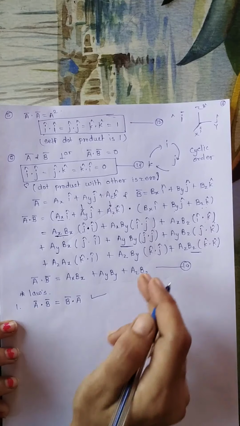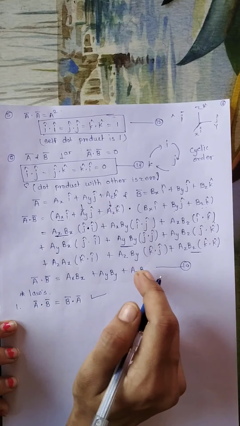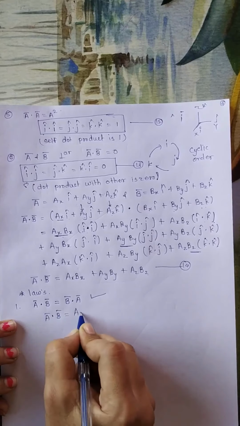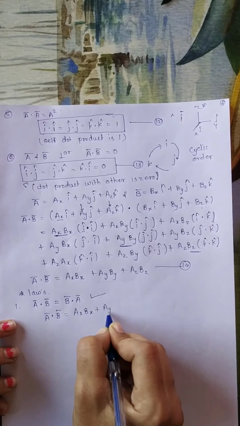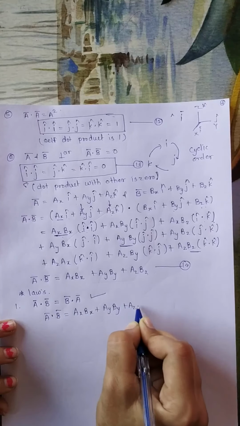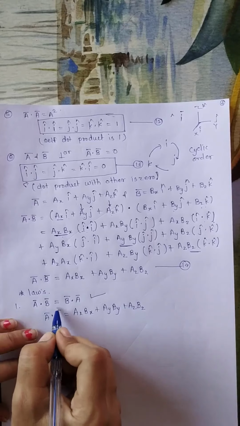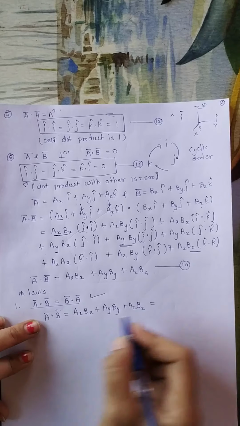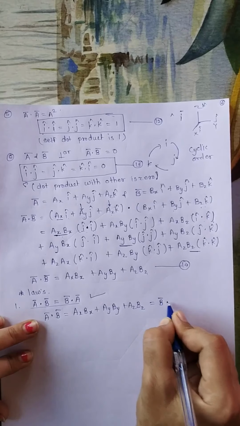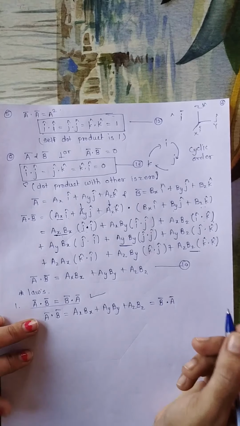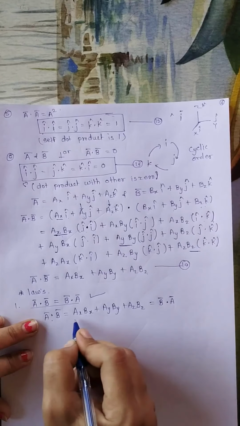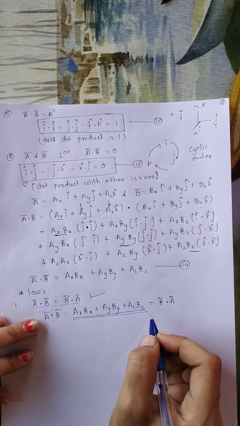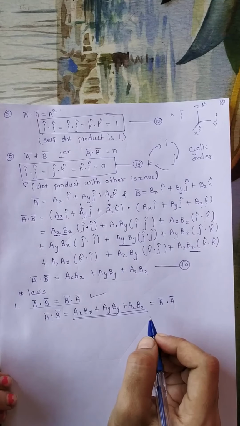So here in equation number 14 we have a bar dot b bar as ax bx plus ay by plus az bz. And since the dot product follows this commutative law, we can write this a bar dot b bar as equal to b bar dot a bar. So I can say that a bar dot b bar will be equal to this, and b bar dot a bar also will be equal to this. So this is nothing but the commutative law of multiplication.